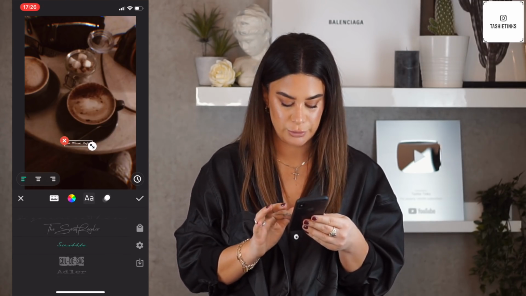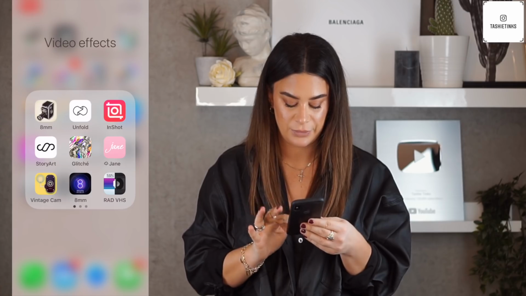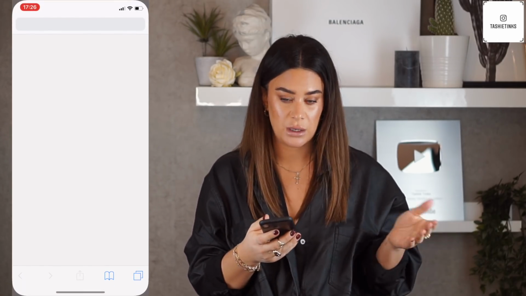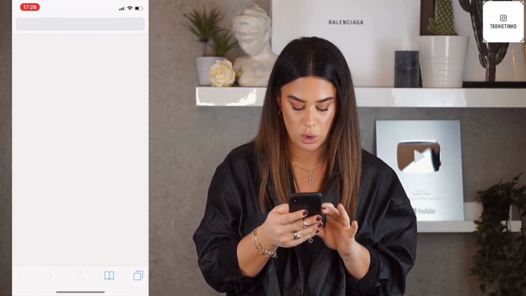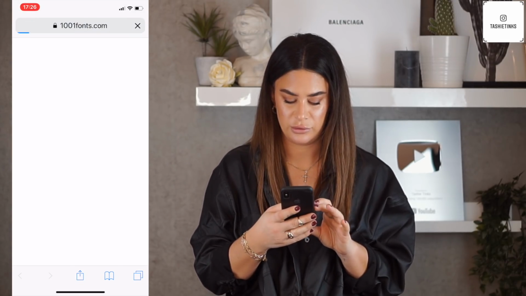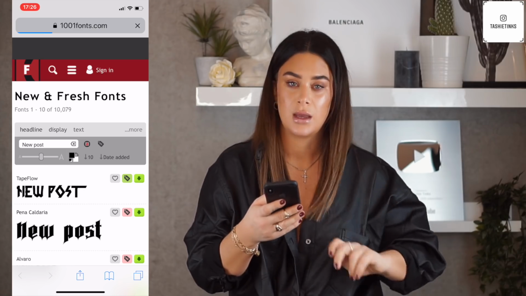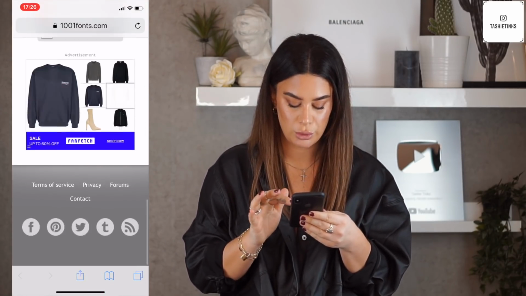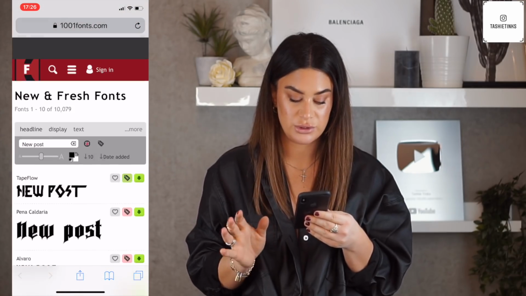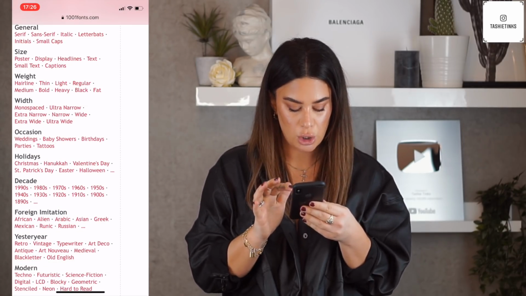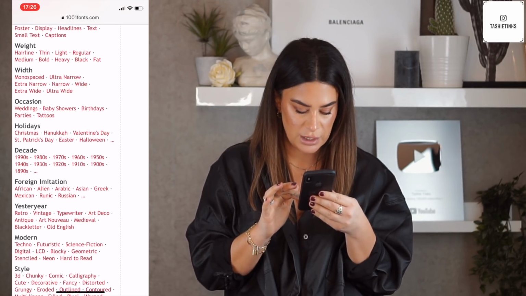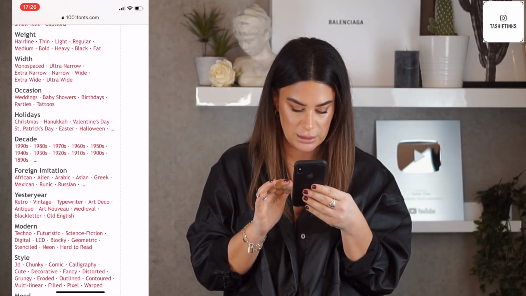Okay, so what you need to do is come out of there and go onto Safari, to a font website. The one that I think is the best is this one, 1001 fonts. And then you can see there's loads and loads of fonts here. So you can go into show font categories, and then you can look at categories of a particular font that you might want. So say for example I wanted,